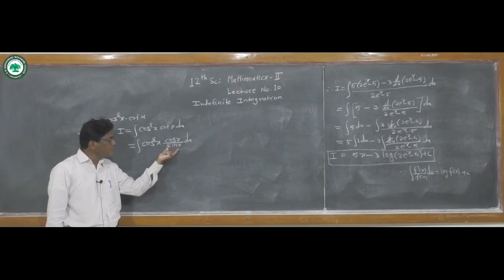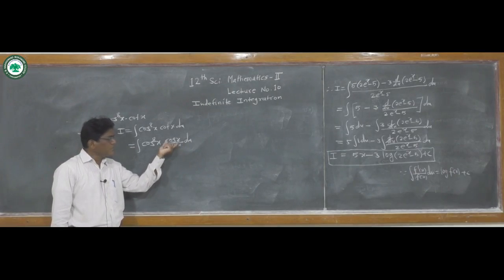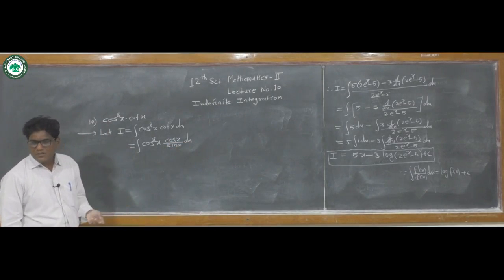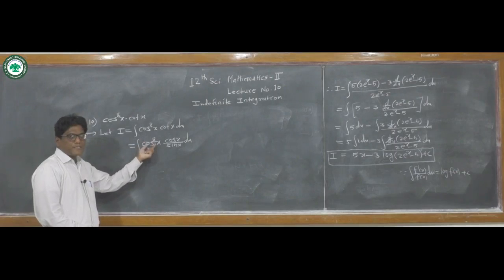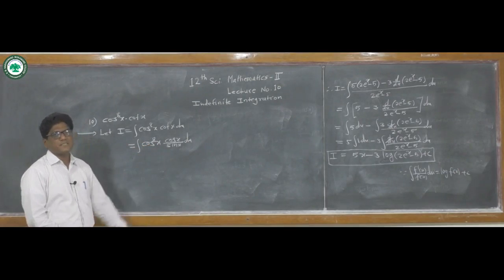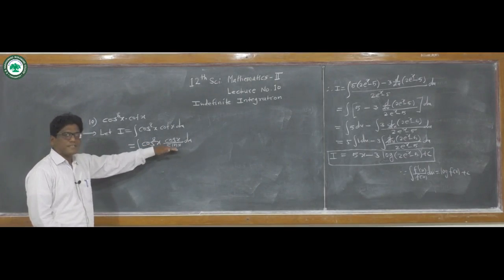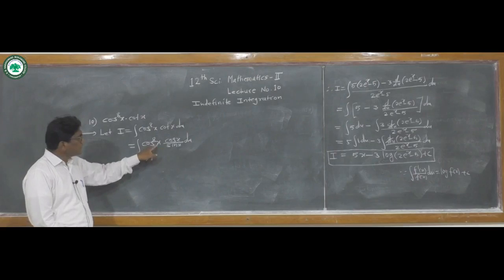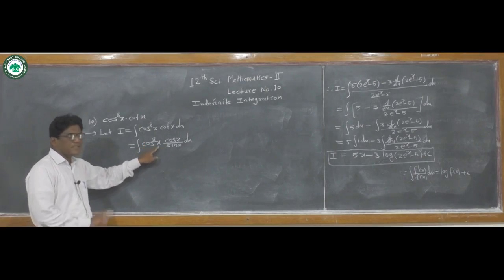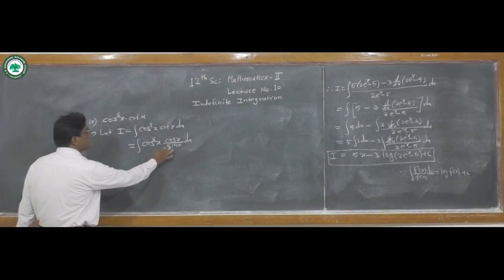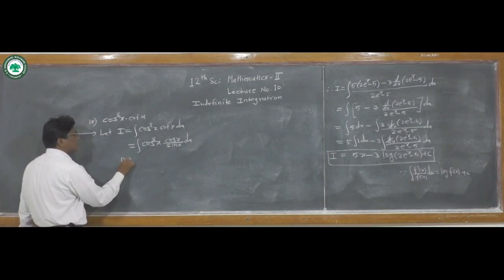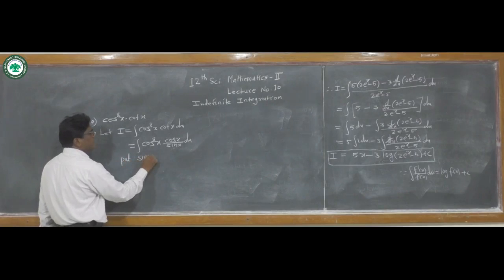Now if we put here sin x as t, then cos x dx we get dt. And here this cos to the power 8x, we write cos to the power 4x into cos to the power 4x, and we write cos square x as 1 minus sin square x, because we put here sin x is equal to t. So we convert this cos to the power 8x in terms of sin x. So see how we convert that. Firstly put sin x is equal to t,